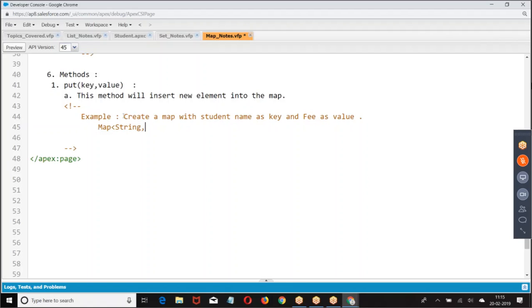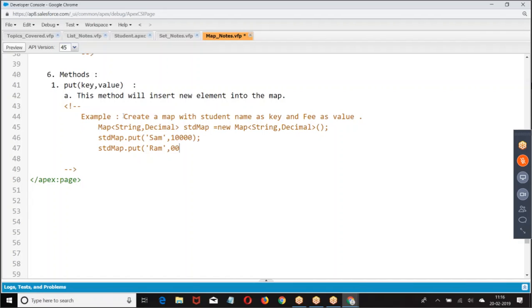Fee is going to be decimal. Student map equal to map of... How do you insert the data? Student map dot put. You're putting the data like this.